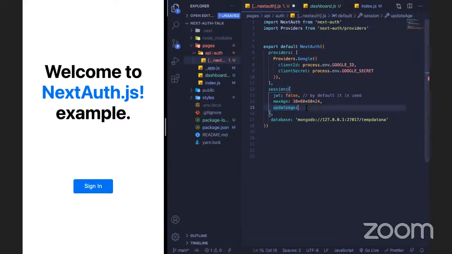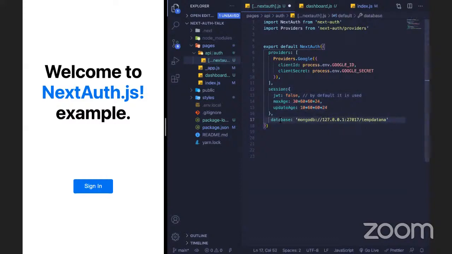It basically tells NextAuth, hey, I want you to update the database session every 10 days. Suppose we say 10 days, 10 into 60 into 60 into 24. So every 10 days, it will tell the database to extend the session by 30 days more, so that the user never logs out. It will update the session of this user and update the max age by 30 days more. So this is how you can tell NextAuth to repeatedly write to your database so that the user never gets logged out. So these are the different properties which you can mention in session.